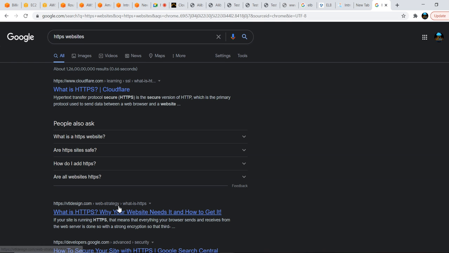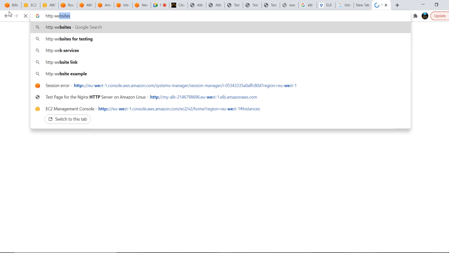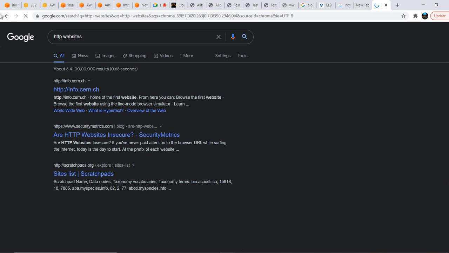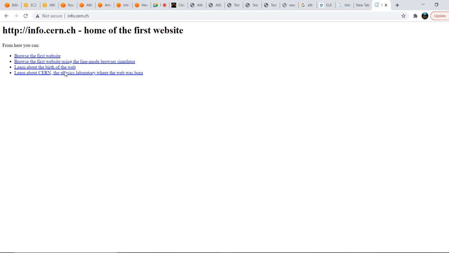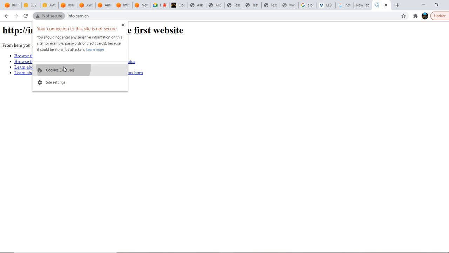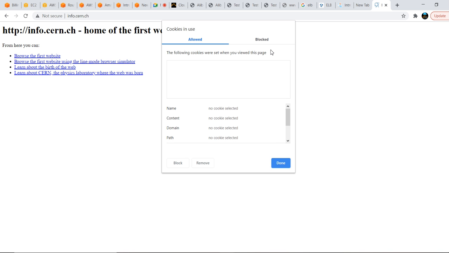Okay, we don't get any HTTP websites because HTTPS is preferred. If you see info.server.ch, browse the first website. If you see here, "Not secure" is there, so your connection is not secure. There is no certificate also. If it is not secure, it means no certificate.